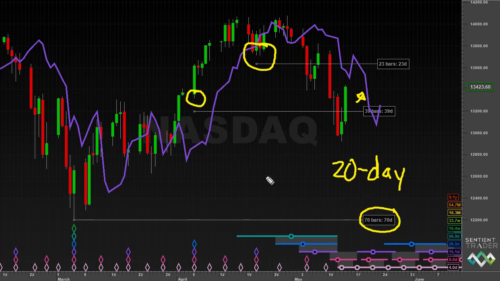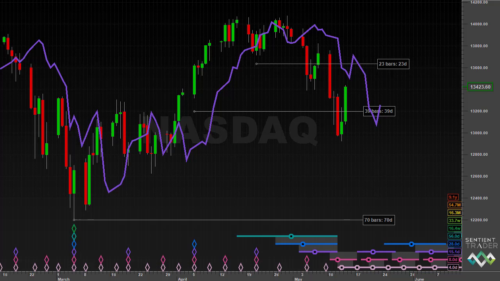The 20-day cycle trough being positioned over here, was that the 21st of April, I think, looks a little more convincing. And as you can see, there have been 23 days since that cycle trough, and the average length of a 20-day cycle is 17 days. And so you can see how the 20-day cycle has potentially been stretching and growing a little longer. And so in my opinion, if price crosses the 20-day FLD and therefore confirms that this is a trough of 20-day magnitude, that will mean it is also a trough of 40-day magnitude and 80-day and so forth.